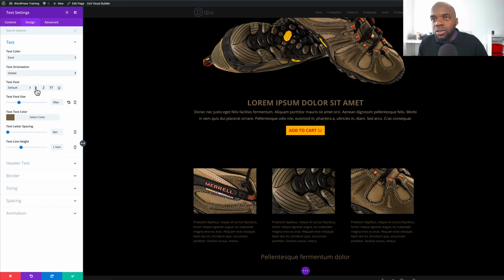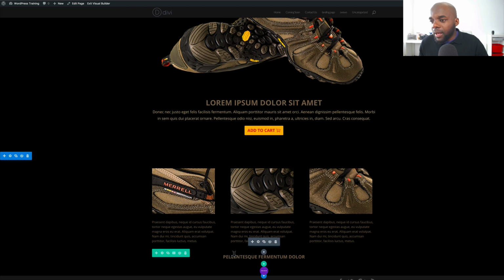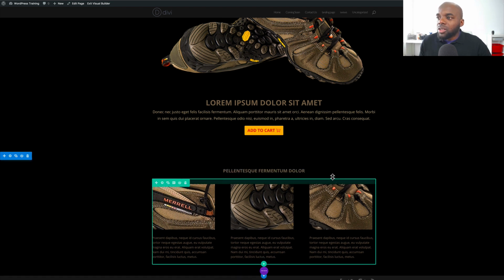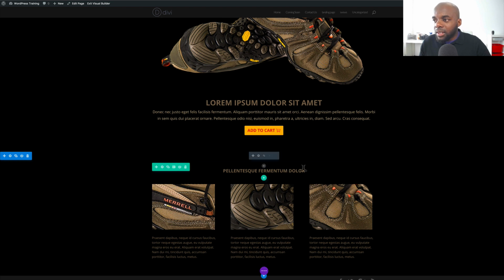Okay, let's try and make it bold and see what it looks like. Okay, all caps. So if we make it all caps, we need to try and make it smaller, which I think looks quite cool. So we can leave it at 22. And then I'm going to save that. Now I'm going to drag this to the top like that. Okay. So we can either leave it as it is, like it is now, or we can even add a